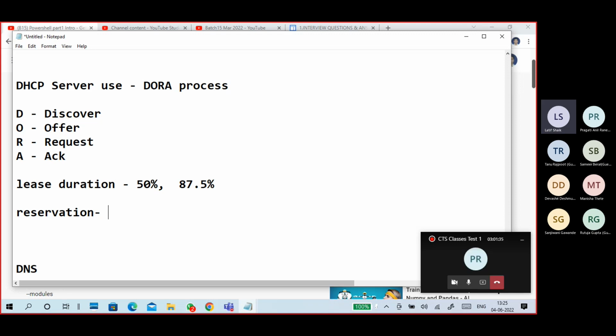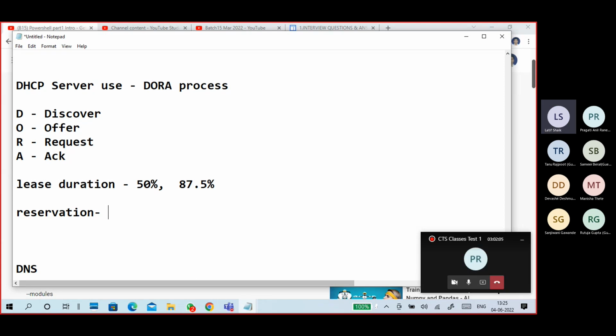Not always the same IP address, and there is a lease duration. So once the lease expires, the client will get either the same IP address every time or a different IP address.